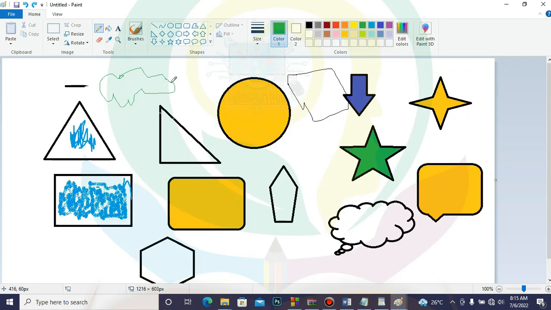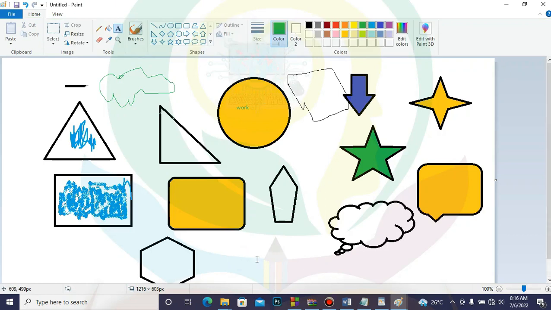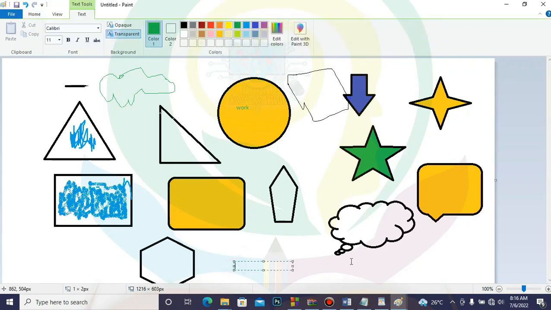Now the next I want to talk about some of the tools. Now we've learned about this. Let's come to the text tool. Anytime I want to write anything, we use this one. Always where the A is for the text. You see that is a text. Insert the text into your pictures. Yeah, I can write into this. I'll give a name to it. If I want to write a title, I can come and click somewhere here and say